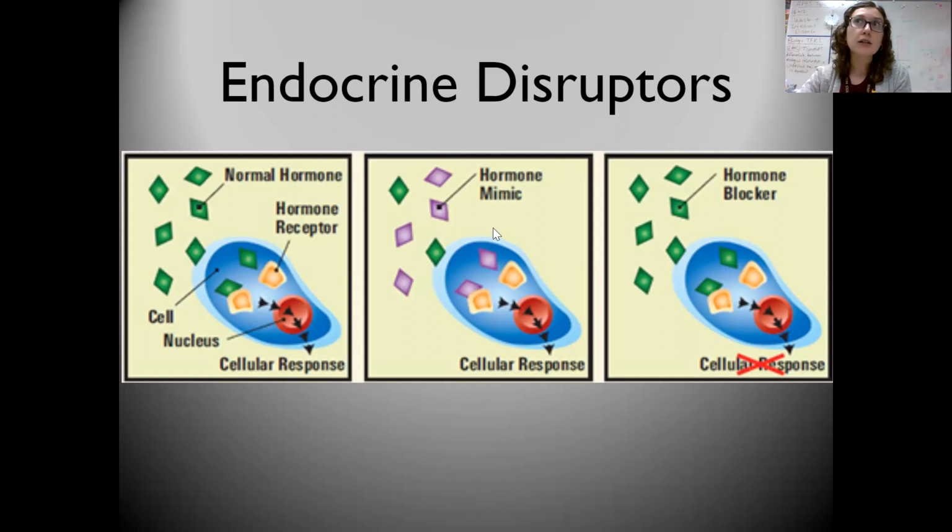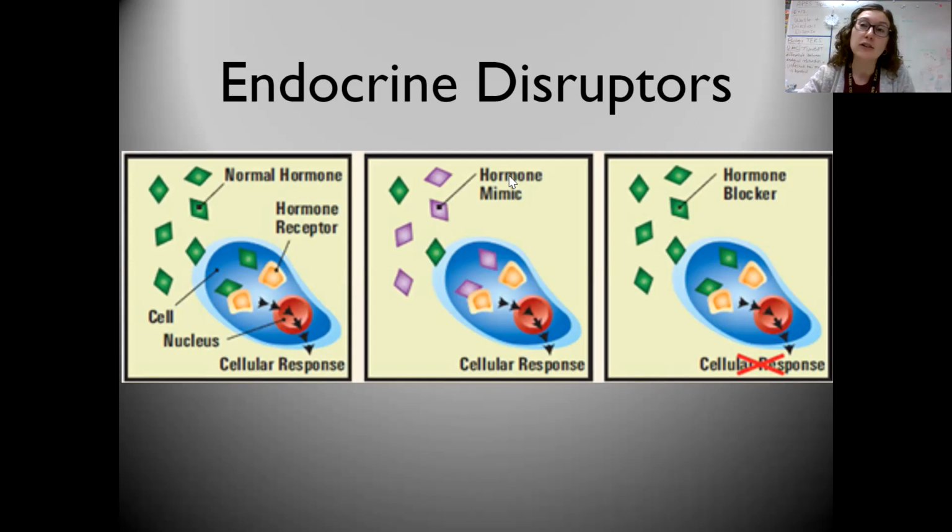So even when I'm not hungry, this is maybe food's not a good example, because I know there's a lot of disorders that also tie in with food, like overeating and undereating. But whatever hormone it may be, whether it's estrogen or testosterone, if we have a hormone mimic, that can overstimulate something. There are some studies, I don't remember if it's sea turtles, but some aquatic animals where they're seeing a huge increase in female individuals in that population because of these hormone disruptors. These individuals are seeing influxes of estrogen, and it's causing sex changes in a lot of these organisms.